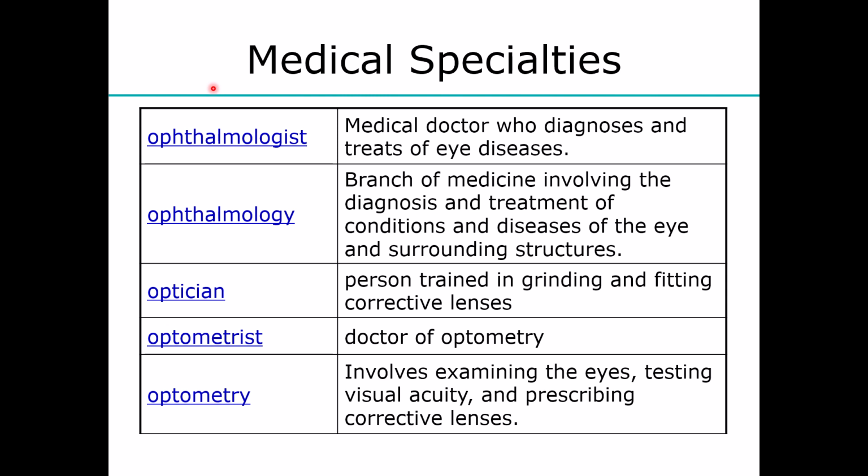So there are different specialties in the eye field. One is ophthalmology. Ophthalmology is the study of diagnosis and treatment of eye diseases, and the person specializing in that is called an ophthalmologist. This person has to have 3 to 4 years of undergrad study, then go to medical school 4 years, and then 5 years of